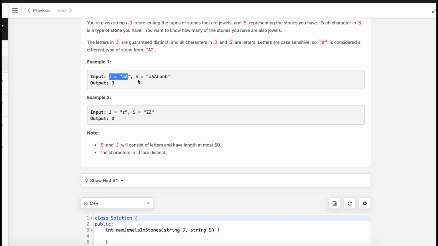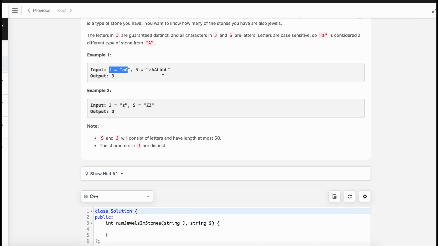But another solution that I'm thinking of is putting everything of J in a lookup table, or a set, and then iterating over S and checking whether each character is present in that lookup table or not.